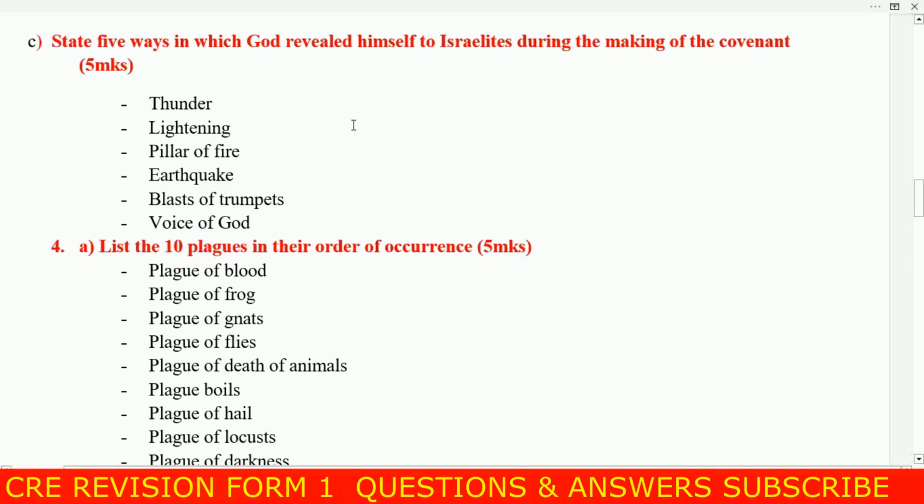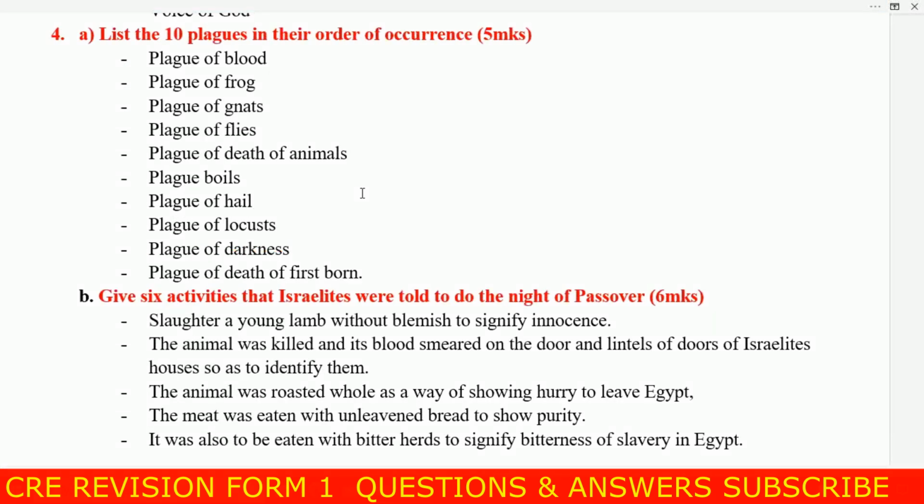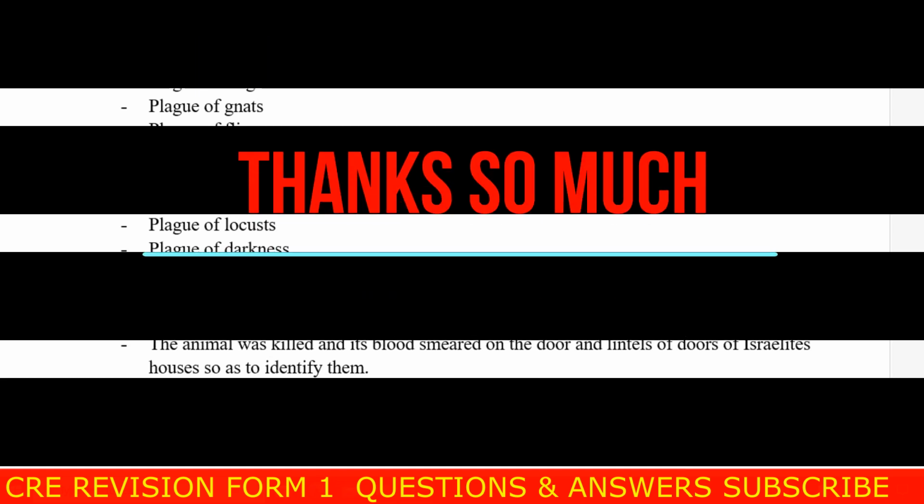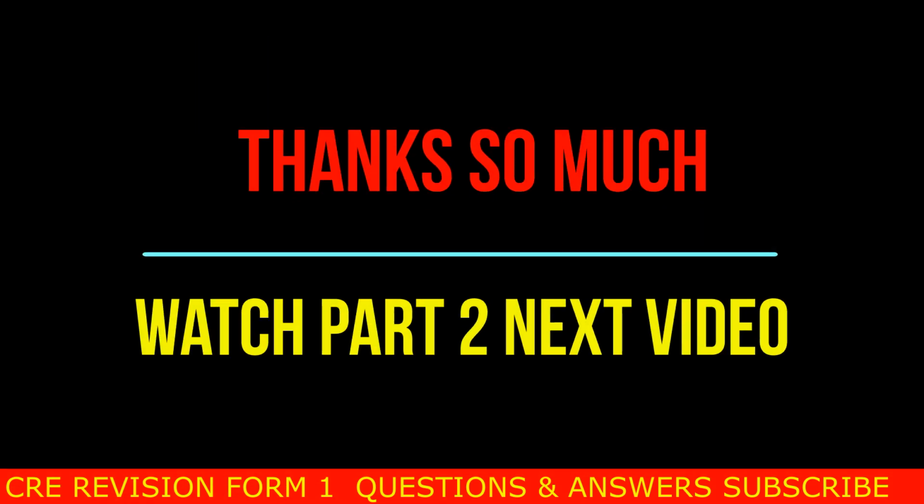Question number 4, list the 10 plagues in the order of occurrence. In this question you might miss marks if you mix them up, because you are told to list the 10 plagues in their order. They have stated order, but they can also tell you to state 10 plagues. There is no need of writing them in order. But when they